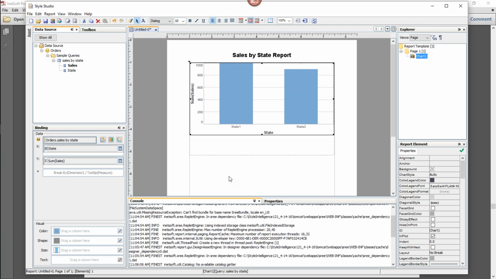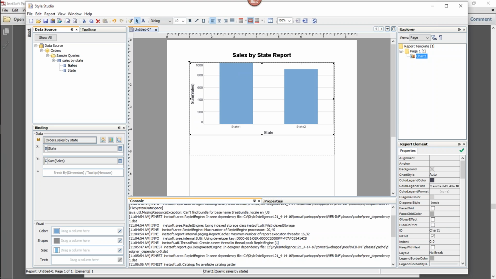Now, one thing you'll note here is that we're not seeing the actual data, right? It says state 1, state 2. Obviously, those are not the actual state names. And if you look at the sales here, this one says 1,000, that one says 900. These are also not the actual numbers. In fact, the totals state by state are much larger than that, probably in the millions. So what we're looking at here is a metadata representation. It's just showing us what this chart is going to be displaying ultimately. It's not showing us the actual data.